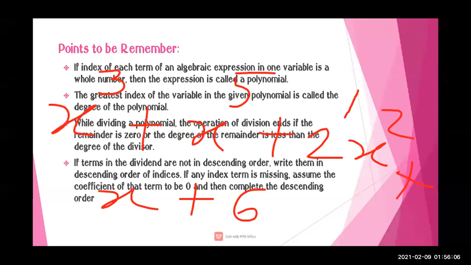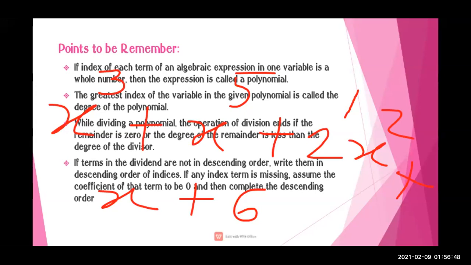So first you have to arrange it in descending order. That is, first x^5 will come, then x^4. See, x^4 is not there. So in that place, what are you going to put? You are going to put 0. If it is missing, you have to put 0. So x^5 + 0 + x^3 + 2x^2 + x, and then last should be the number. So here the degrees will be 5, 4 with a placeholder 0, then 3, then 2, then x, then the number.